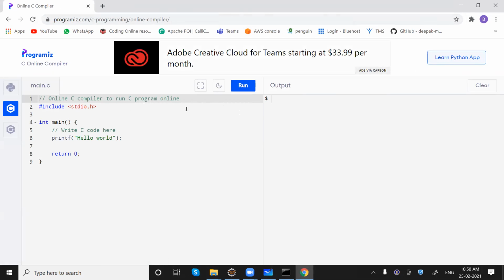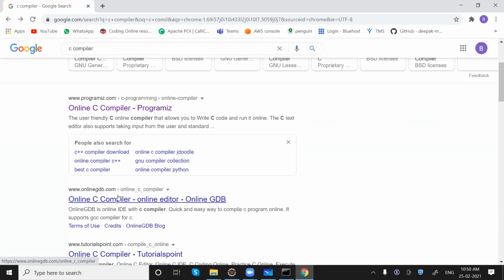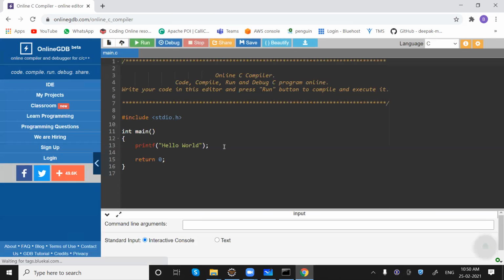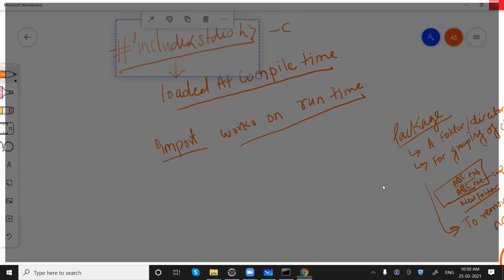So compilation, compile. I cannot see the compile option here. Again, we don't have compile option here. Okay, let it be then.